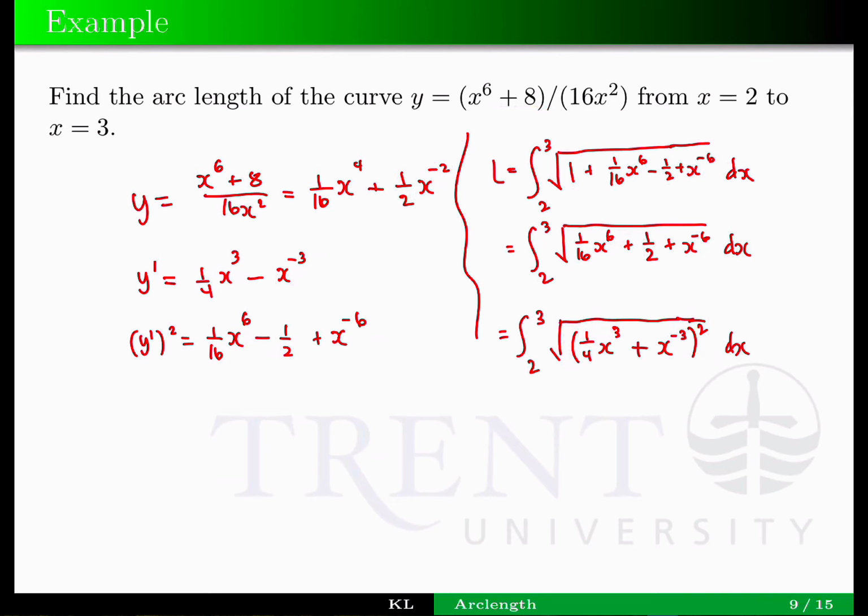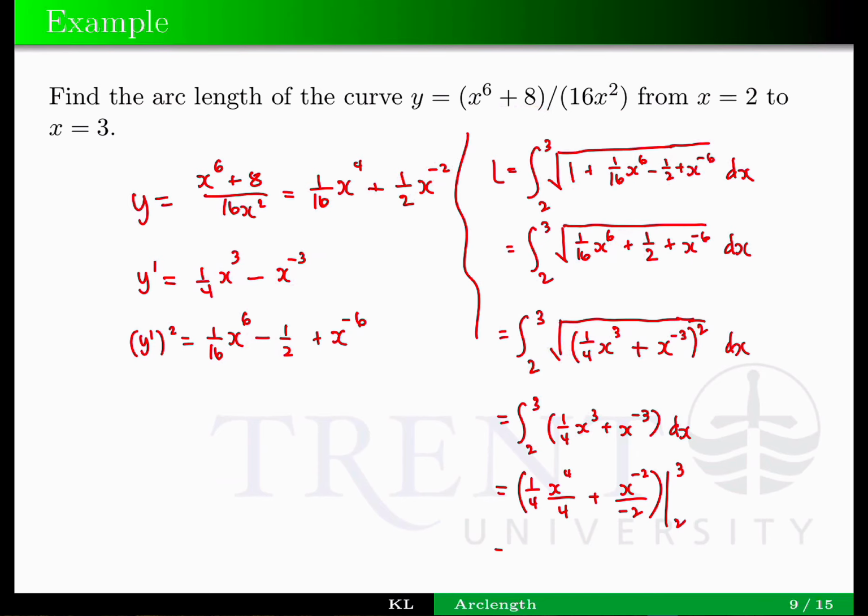And therefore, this just becomes integral from 2 to 3 of 1/4 x cubed plus x raised to power negative 3 dx. We got the square root of the squared. So square root of this squared. Therefore, we'll just have 1/4 x to the power 4 divided by 4 plus x raised to negative 2 over negative 2. We evaluate this from 2 to 3,